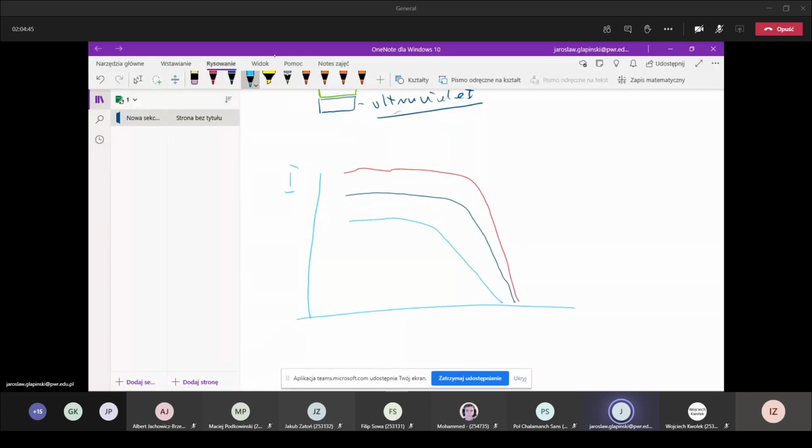Low light, low current. So in this case, we've got some properties of the element of the photovoltaic cell, and this should be